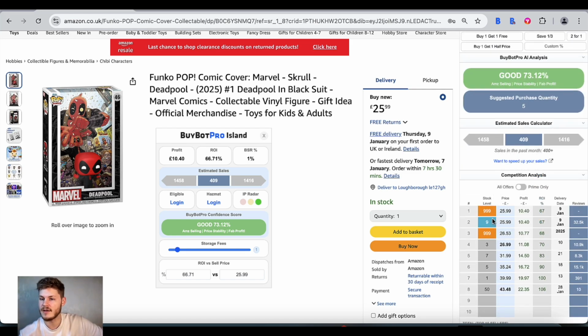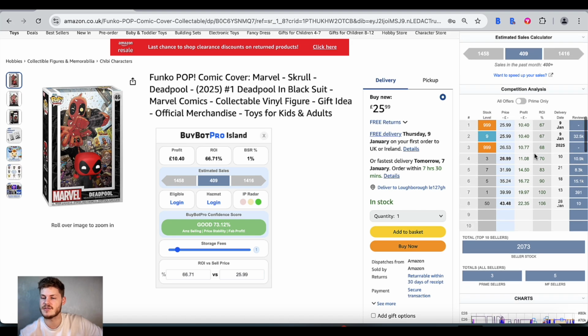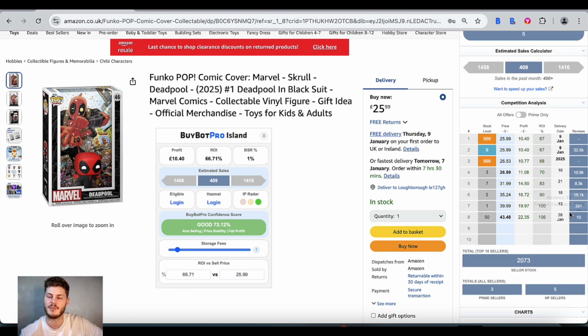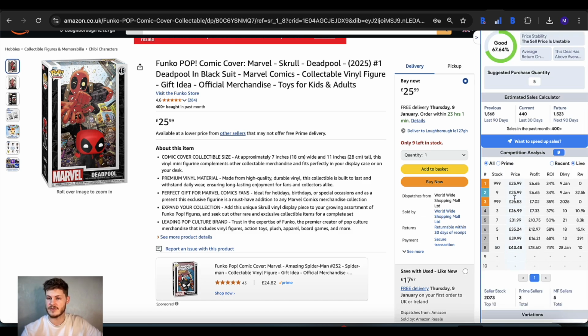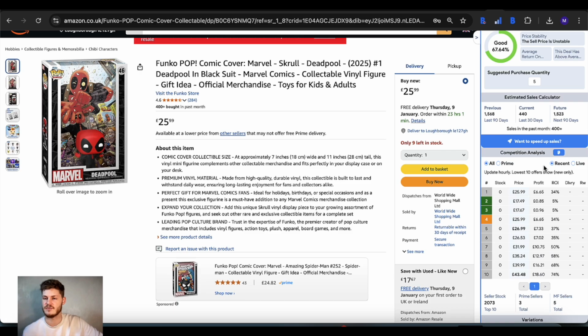The competition analysis is another one. So in the classic version of BuyBotPro, you just have the top 10 sellers, and that was basically it. In the new version, it's the same thing. You've got the top 10 sellers there, and that is the live data. However, what you can do is switch over to recent, and this is actually cached data from Keeper if they've stored it, where you can see more than the top 10 if there are more than 10 offers to show. Obviously, there's only 10 in this case, but if there was anything more, like if there were 15 sellers,